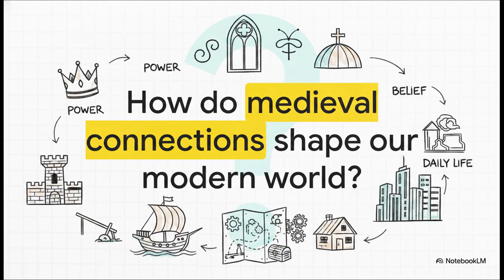As you finish up your ultimate summary, I want you to leave this explainer thinking about this final question. How do the medieval connections of power, belief, trade, and daily life continue to shape our modern world today? Those ancient systems of trade and power didn't just magically disappear, they evolved. The global connections you live with right now, the goods you buy, the systems you live under, were fundamentally born in the Middle Ages. So keep that in mind as you defeat this final boss paragraph.